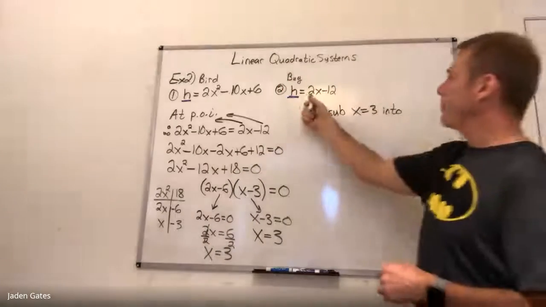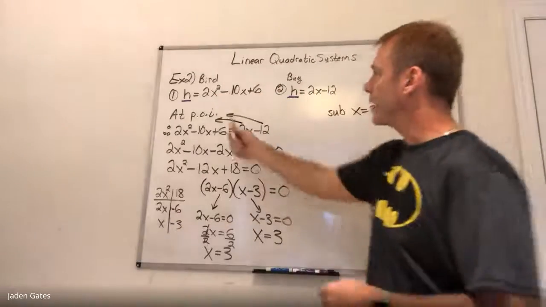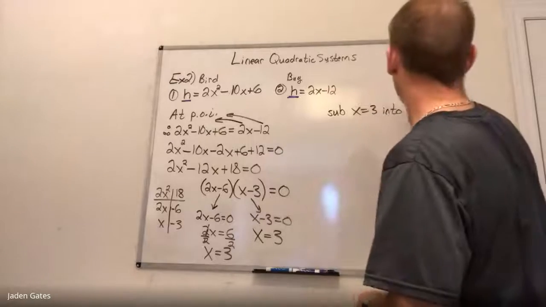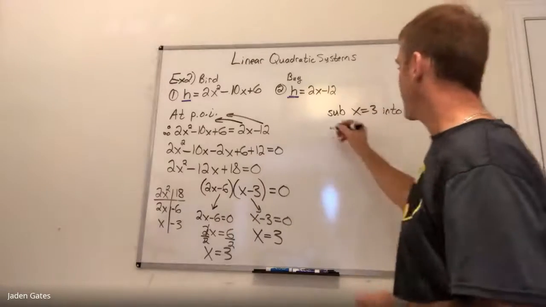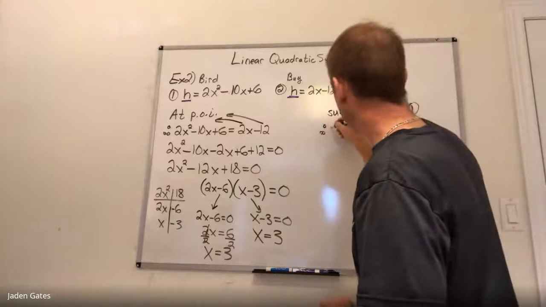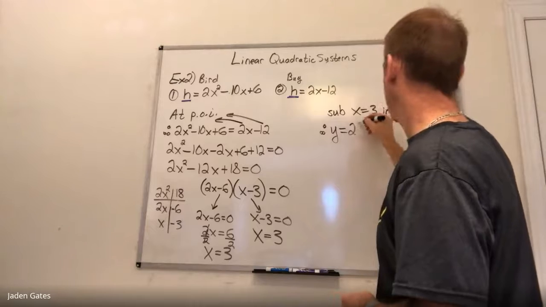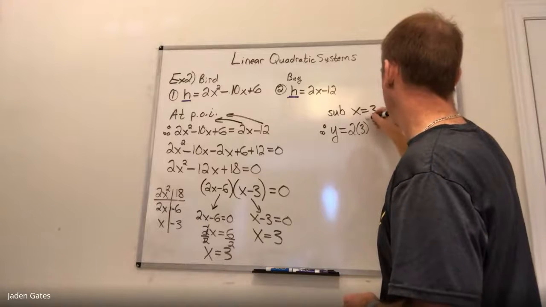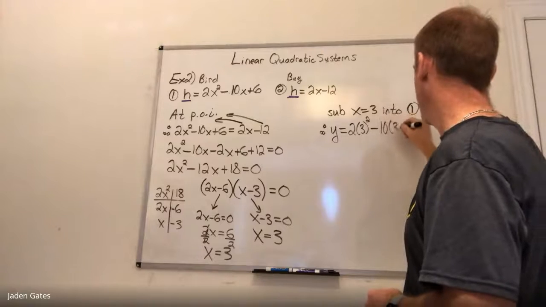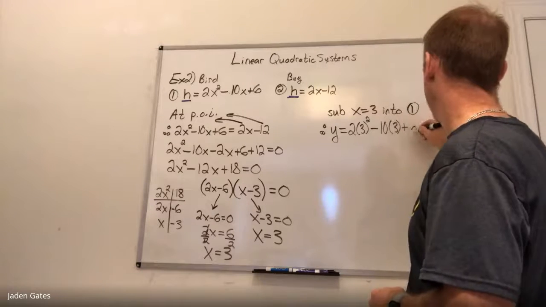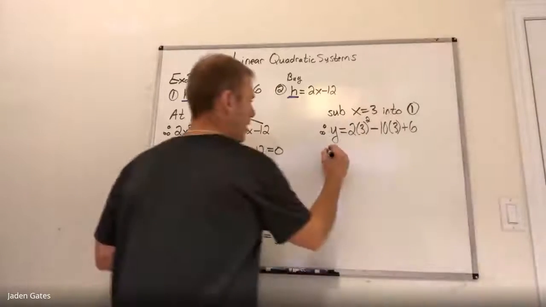So again, it doesn't matter which, right? The number 2 is a lot easier, but just for kicks, I am going to sub it into equation number 1 because I'm going to prove it again with number 2 anyways. All right, so therefore, y is equal to 2x squared, so x is 3, so I get 2 times 3 squared, minus 10 times 3, plus 6. All right, let's see here. So now I've got y equals